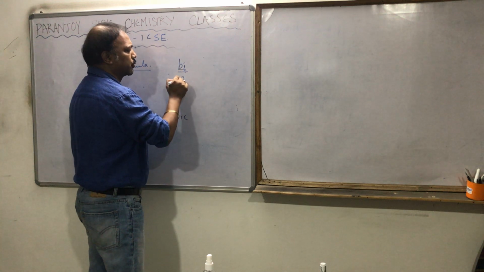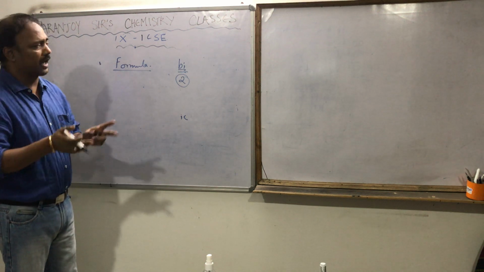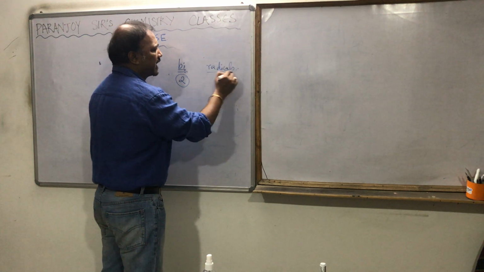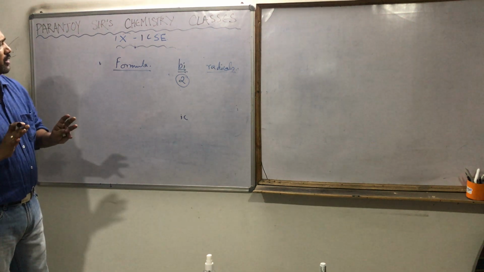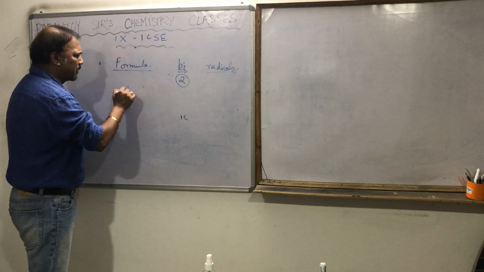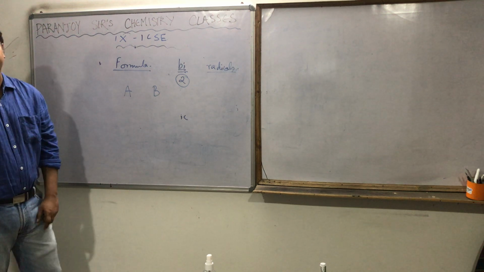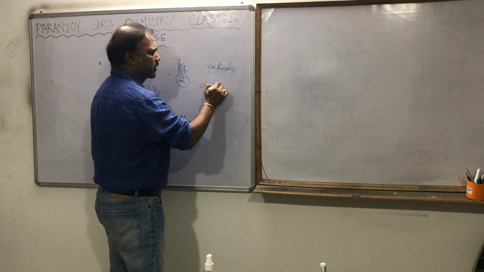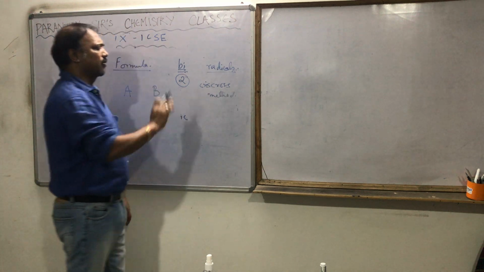Bi means two things are there. It's not necessarily two elements. It can be two elements, it can be two radicals. I'll come to this, what are radicals. Okay, it can be two radicals, it can be one element, one radical. Yes, so both are possible, but these are binary compounds. Formula, how to write? Suppose A and B are combining. It's very simple. This particular system of writing down the formula is called the criss-cross method. Okay, criss-cross method. Very simple one.